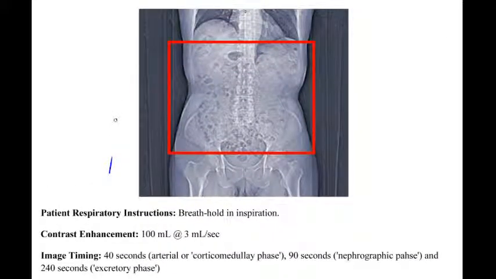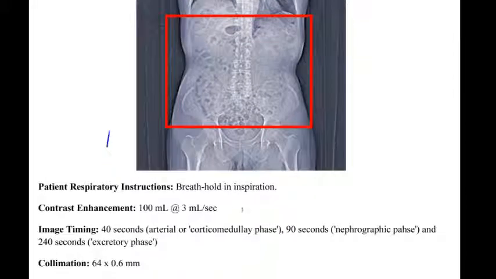So if we'll notice, it's virtually the same as the scan that we just previously looked at. Breath hold is going to be in the inspiration, and even the contrast enhancement is going to be 3 milliliters per second, and you're going to be injecting 100 milliliters. The way that we kind of differentiate this is, if you'll remember, our first scan was going to be at 40 seconds for the previous one that we were actually looking at, which is the arterial or corticomedullary phase. And so basically you're seeing the arterial enhancement of the kidneys. However, this actually adds